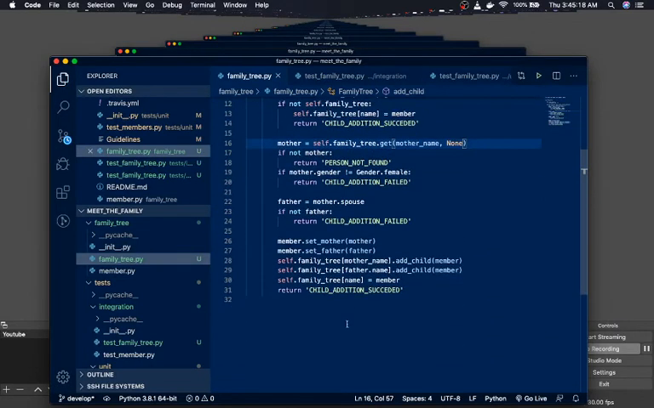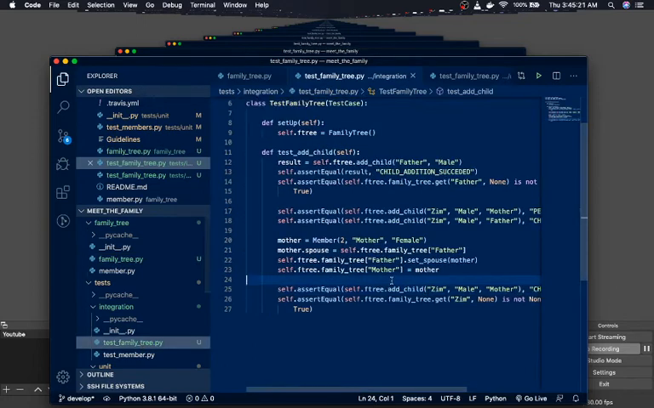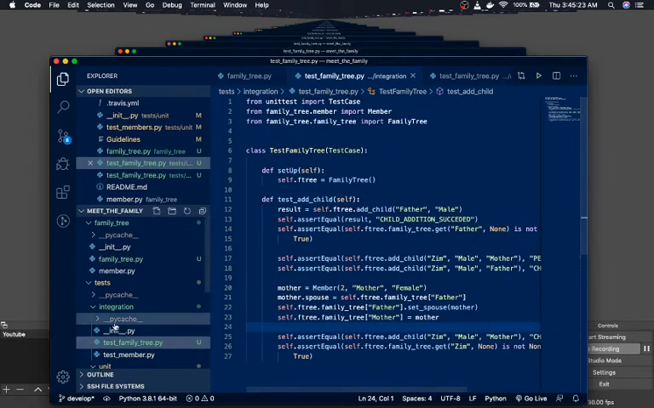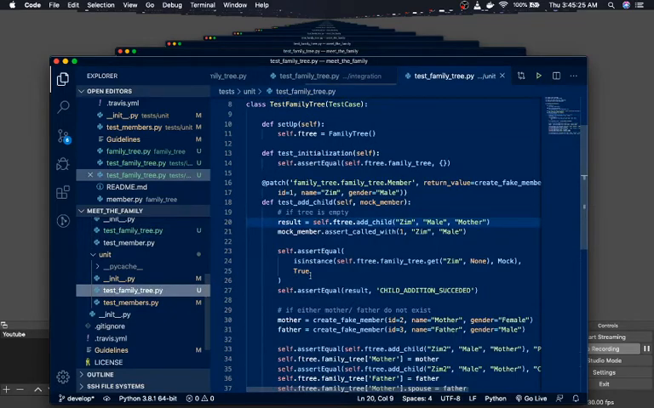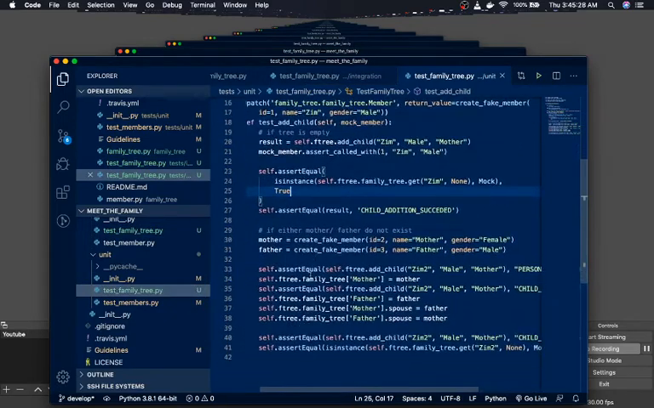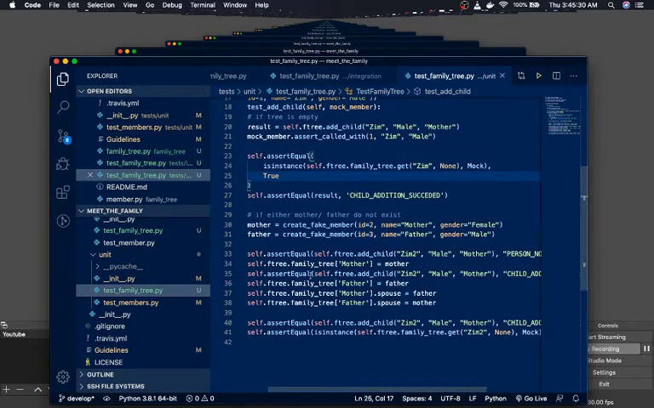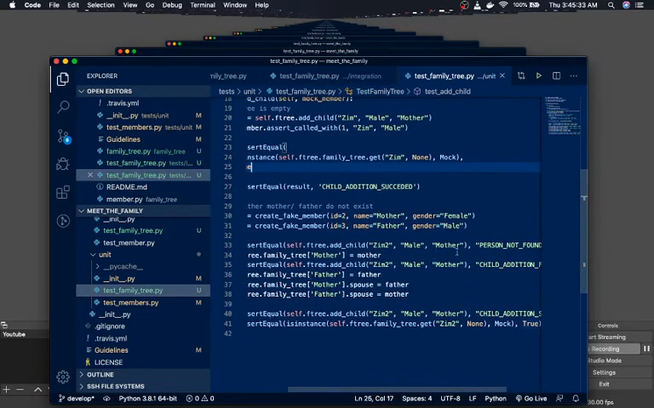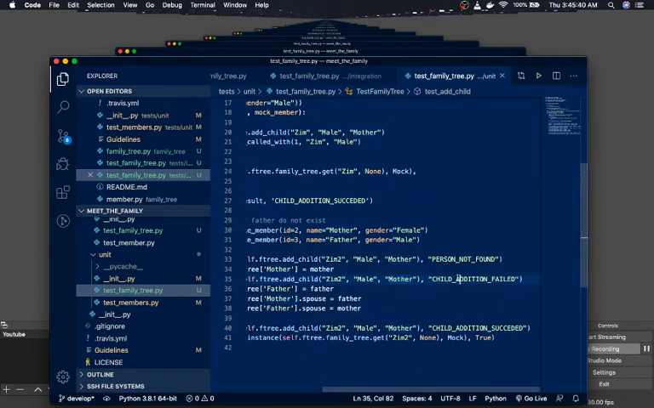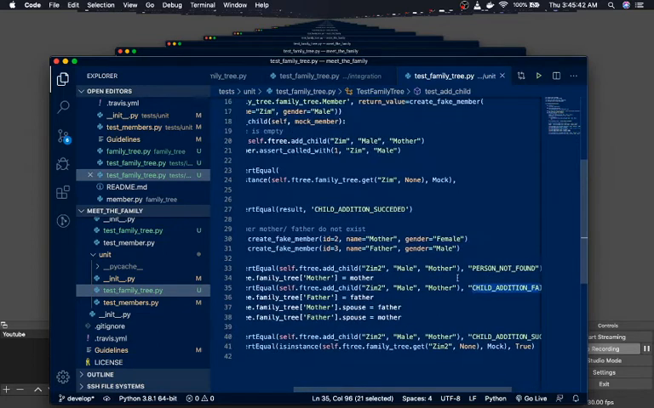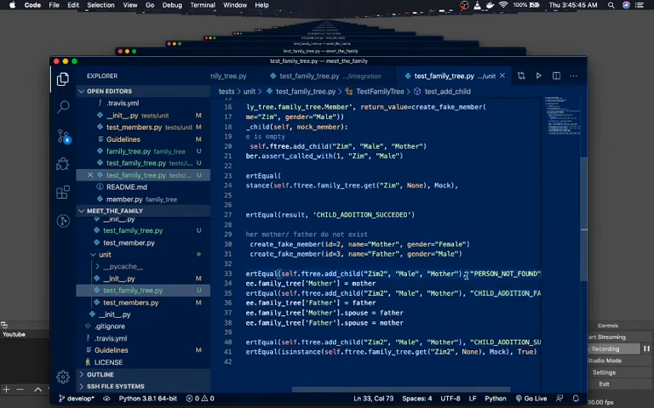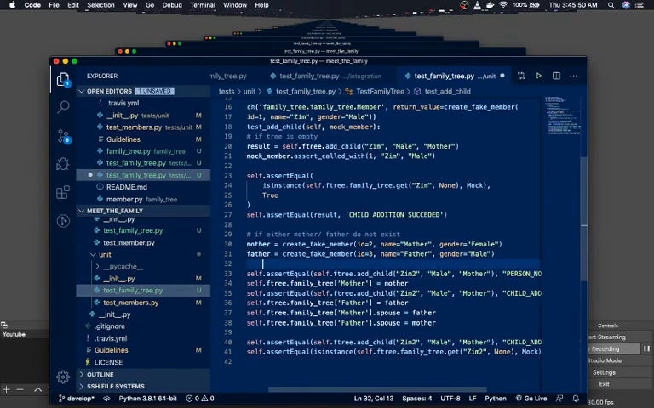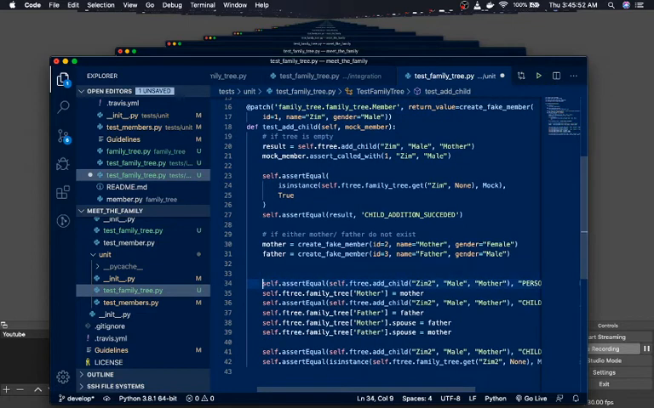So now we know we need to add one more thing in our unit test. First of all, we checked if first thing mother is not found, then we have mother but child addition failed because father is not found. So what we're going to do is we're going to add another test which will say